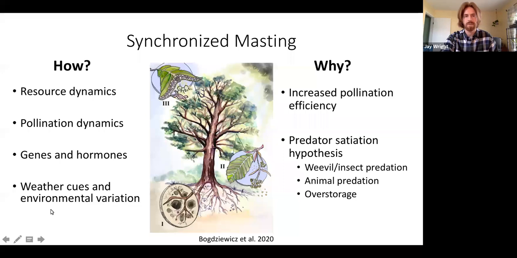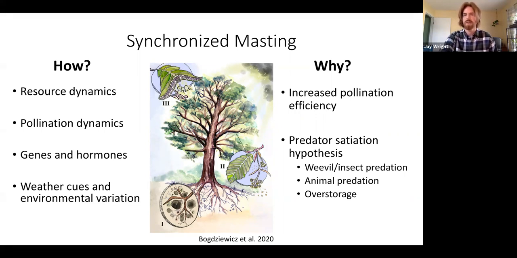But a lot of it probably, especially the synchronization, comes down to genes and hormones. And it's thought that there are certain cues in the weather that trigger a hormonal response in the tree to put out a big bloom of flowers or to not do that. So since weather cues are kind of the main thing that are felt over a very large area, resource dynamics and pollination dynamics might happen over small areas, but with all the environmental variation, it's hard to have those explain the synchronization as well. So there's probably some combination of cues from the weather and a hormonal response that the trees are able to